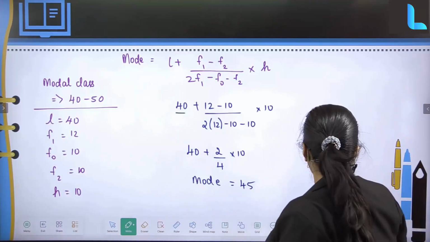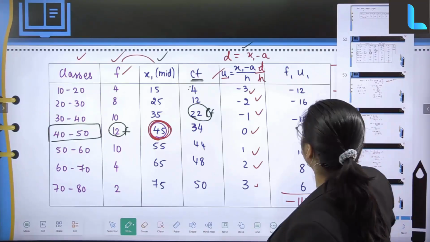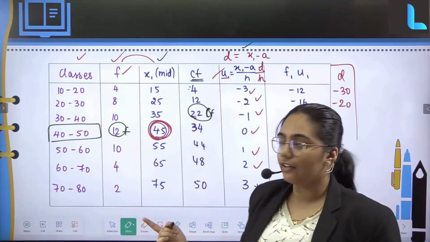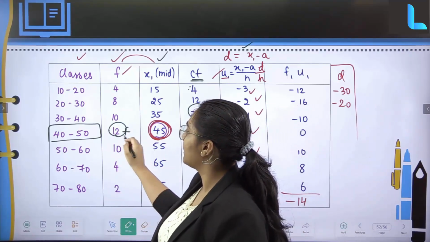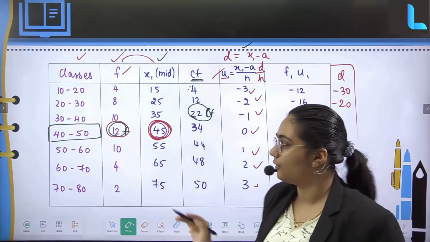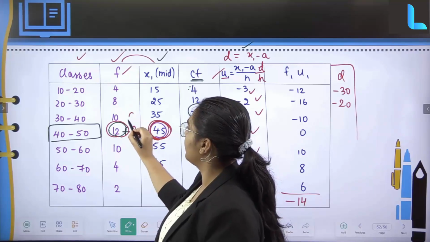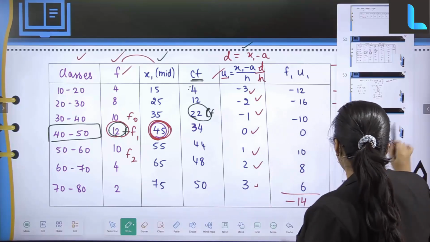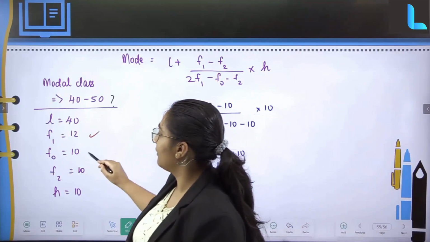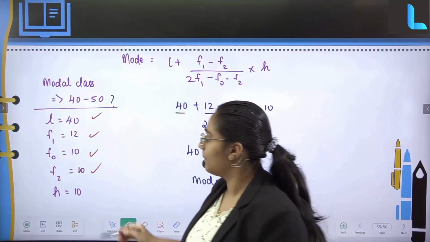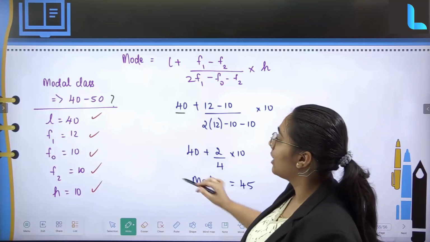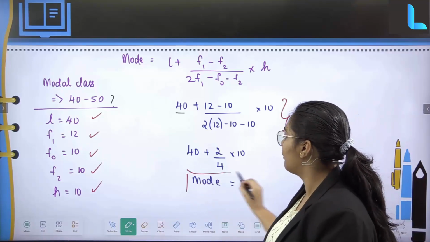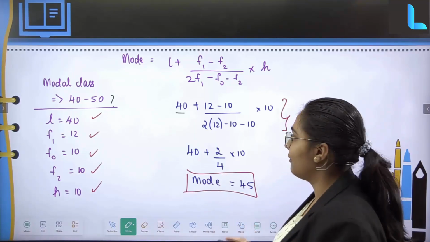You are aware that, in this tabular column, I just refer to the same table. I have to compare my frequency column. Here, which is going to be my highest frequency? Over here also, 12 is my highest frequency. Subsequent to that it is going to be 40 to 50. So this is going to be equal to F1, this is F0, and this is going to be F2, and the lower limit is going to be equal to 40. So I have got all my data here. I have my F1, F0, F2, and I also have my lower limit and my h, which I already know, which is equal to 10. With this given data I can substitute the values over here. This is a very simple one. Therefore the final mode is going to be equal to 45.